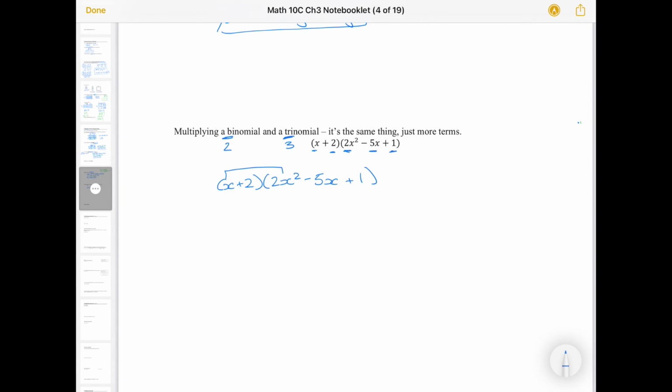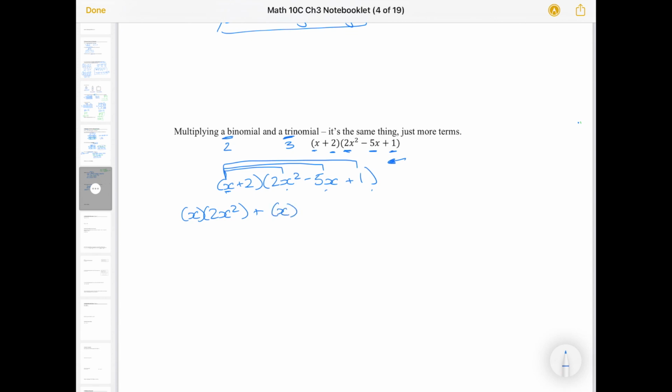Going through it again, and honestly, I'm a math teacher, and all the way through university, I did my distributive arrows. I showed this because every time I didn't, I forgot a term. So as you're doing this, I show that you're multiplying, that this x is going into each of these terms. All right, so x times 2x squared